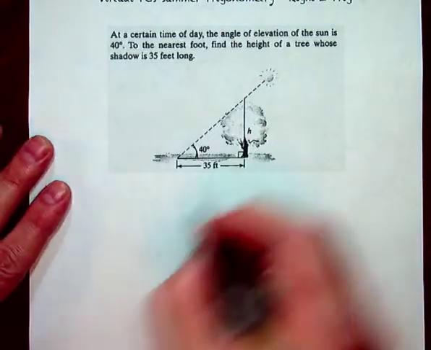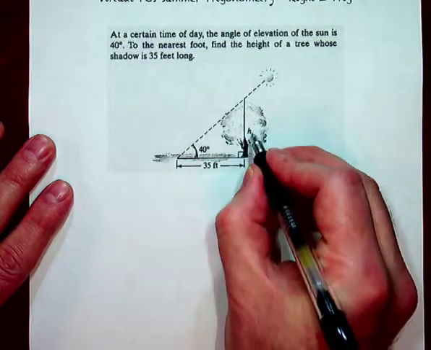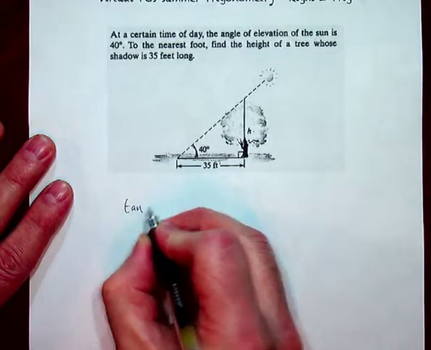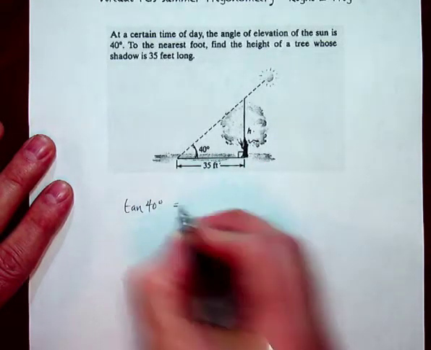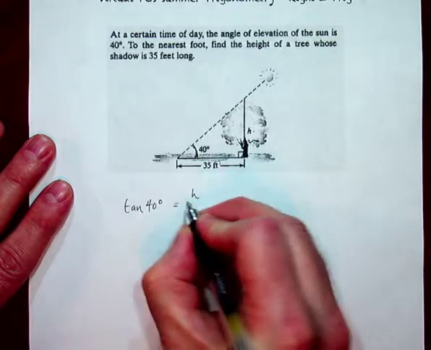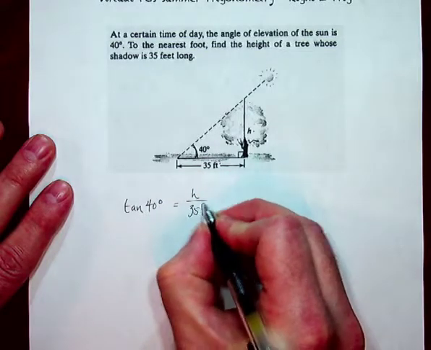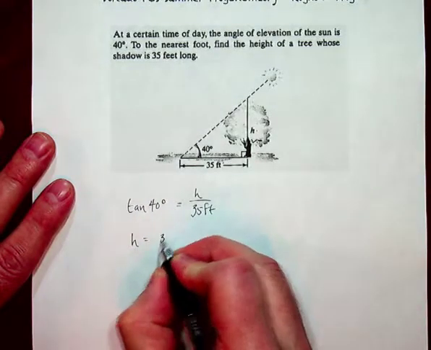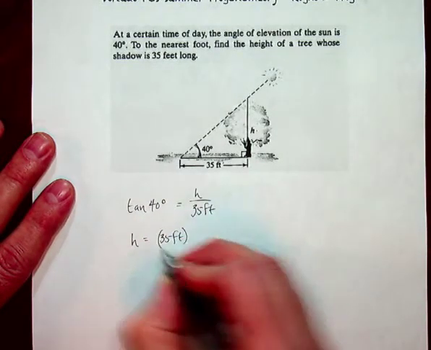And so I know that if I'm dealing with opposite and adjacent, I'm probably going to go ahead and use tangent, okay? And that means I have h over 35 feet, and therefore h is equal to 35 feet times